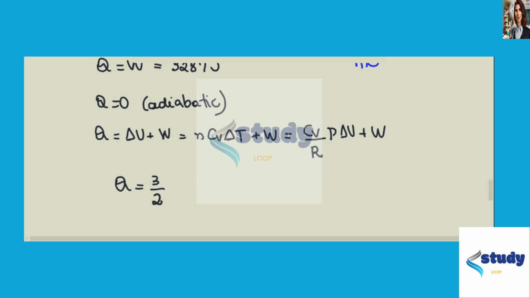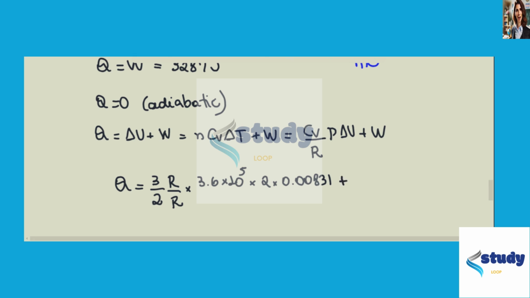It's 3/2 of R divided by R times the pressure, which is 3.6 times 10 to the 5th pascals. I'm not gonna bother writing the units. Delta V is 2V0, so it's 2 times 0.00831